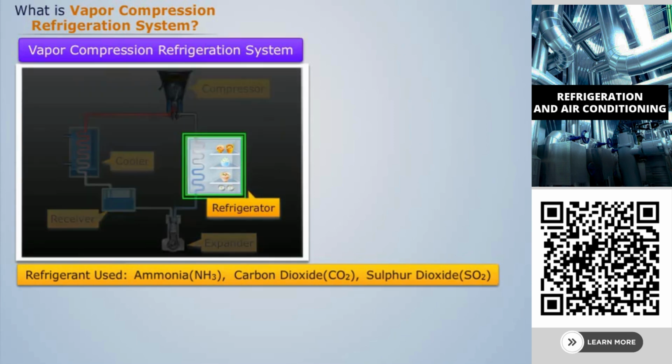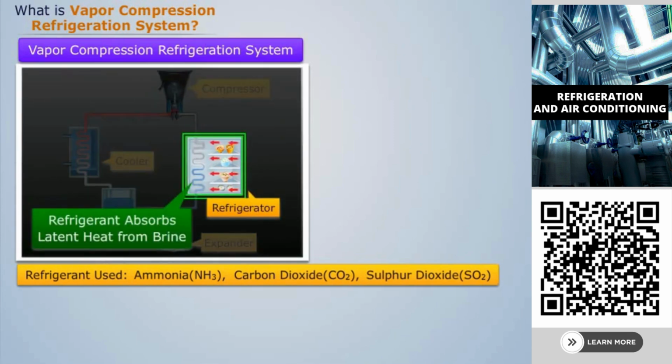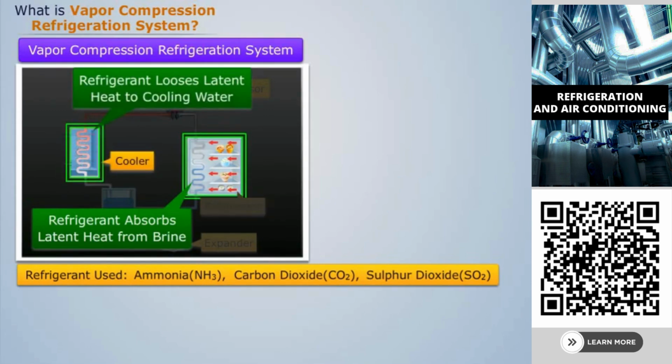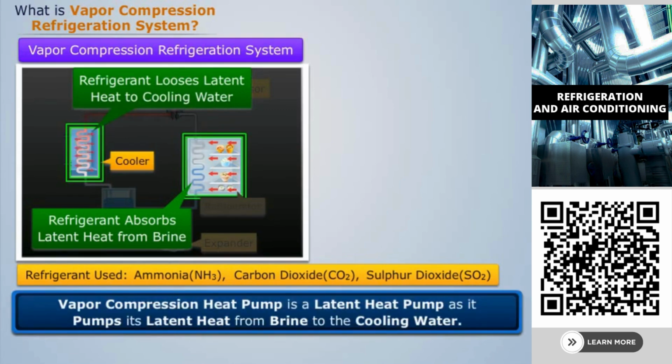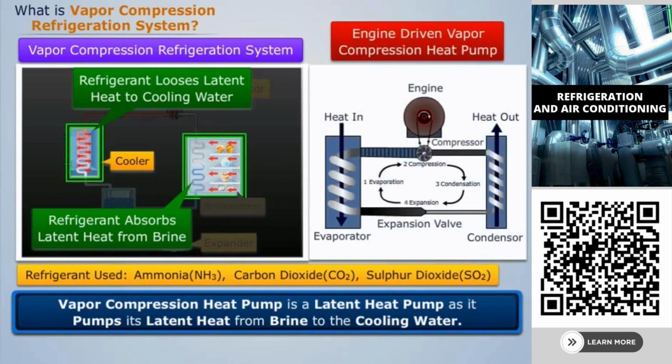Here, in the evaporator, the refrigerant absorbs its latent heat from brine, which is used for circulation in the cold chamber. And the same refrigerant then carries it to the condenser, where it loses its latent heat to the cooling water. Thus, the vapor compression heat pump is a latent heat pump as it pumps its latent heat from brine to the cooling water. An example of engine-driven vapor compression heat pump can be shown as: